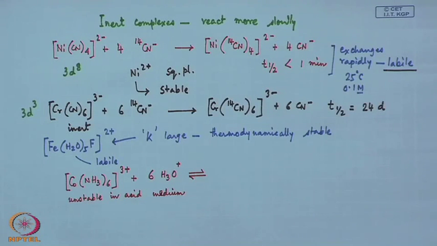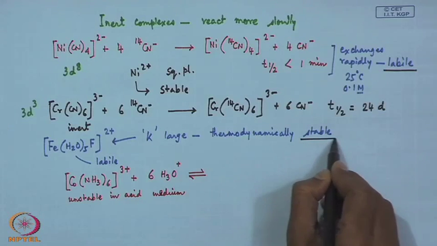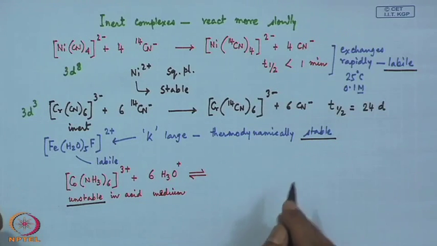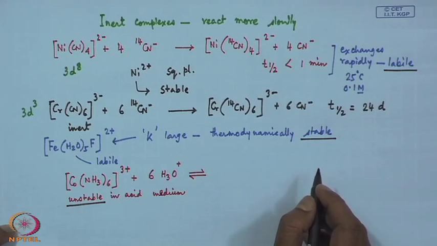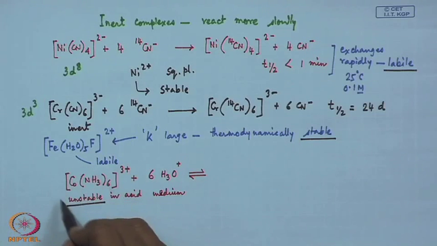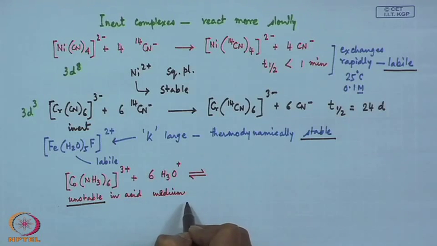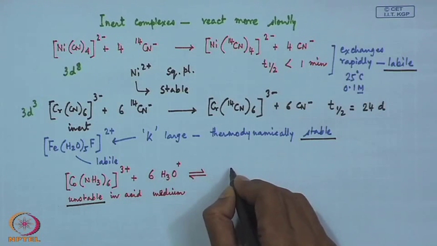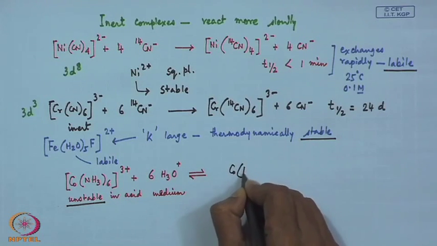So, it is unstable in acid medium, that means thermodynamically this is unstable, although the complex itself is stable. So, these two things in some cases do not go in the same direction. But what about the kinetic term? It is unstable in acid medium, that means if we put it in the acid medium, it definitely can go for decomposition to give us the corresponding